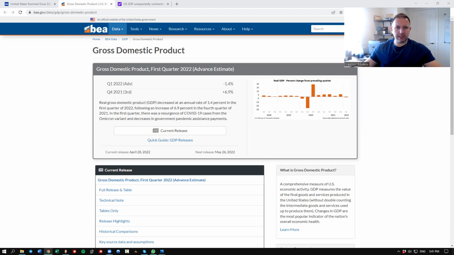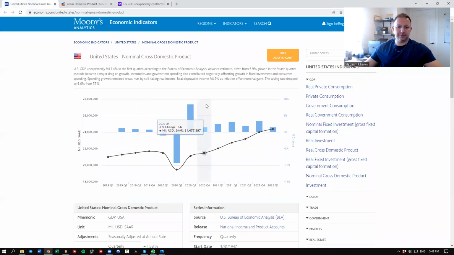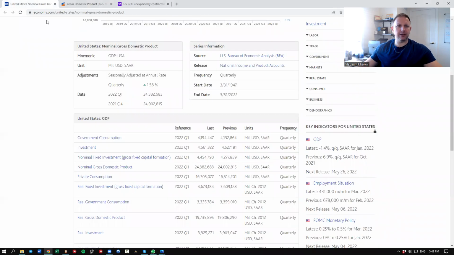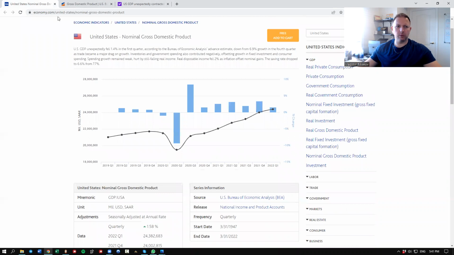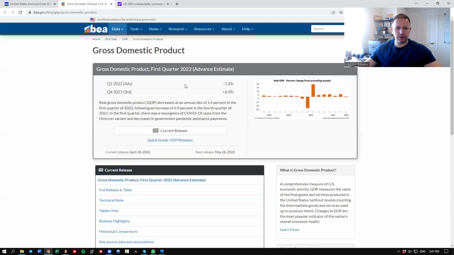Now, as you can see here on the report, you can see some numbers directly from the economy.com website, pretty detailed things. And here you can see also the chart.